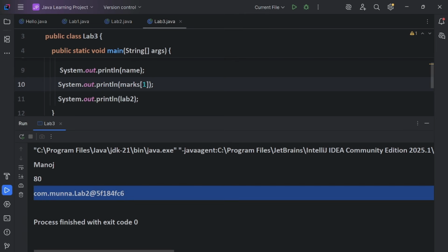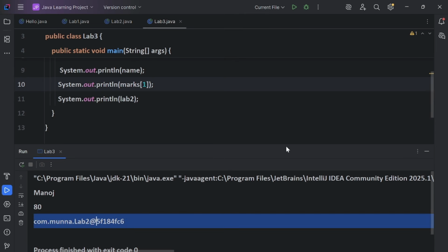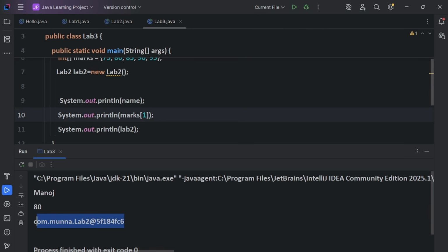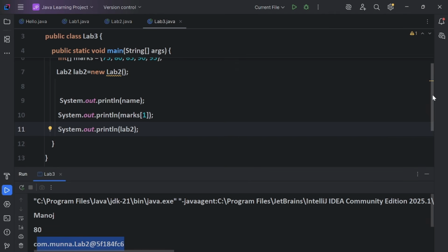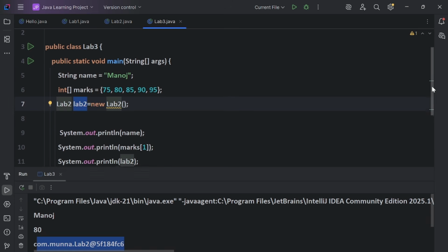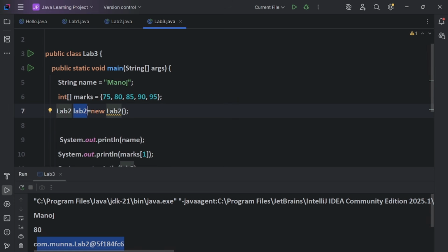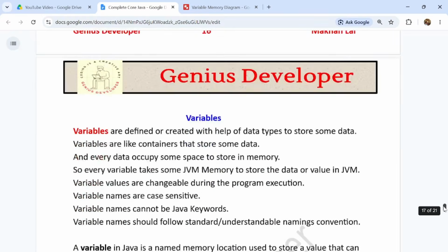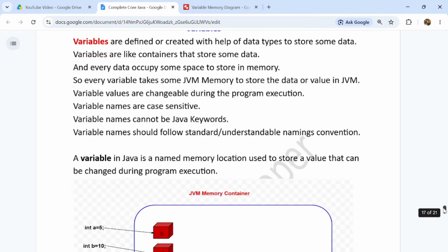And this is the object, it is just printing the object reference, because we are not calling any variable or method with this object, so directly it is just printing the object reference, guys. This logic we will explain later also, because with the object reference we can call the method or variable, so that it will print that value. So later we'll discuss that. So these are the reference data types, guys. Now coming to the variables, guys.